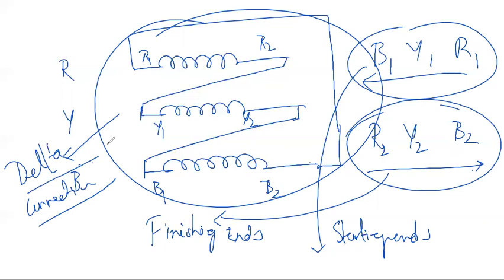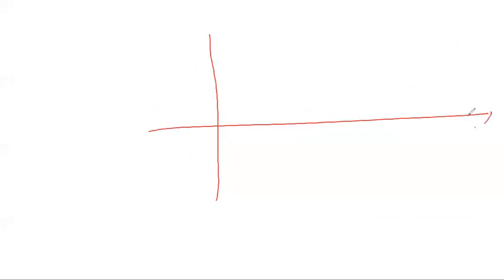So what would be the waveform that is present there? If I want to draw the waveform, let me draw it phase wise. So this is the x-axis and the y-axis. On the y-axis you have the flux, the alternating flux or the instantaneous value of the flux. This is the origin, and on the x-axis I have omega t, the radians value. Radians per second is omega, and multiplying with time, you will have it as radians.